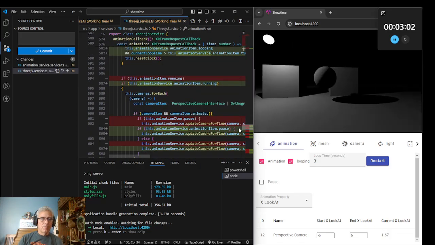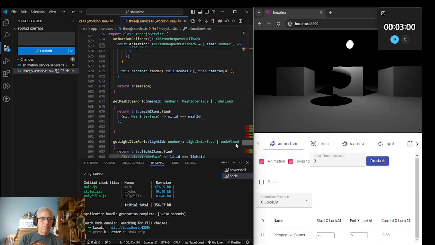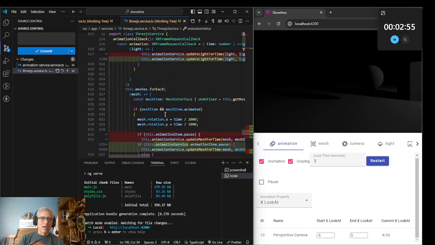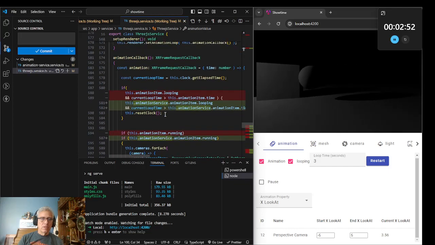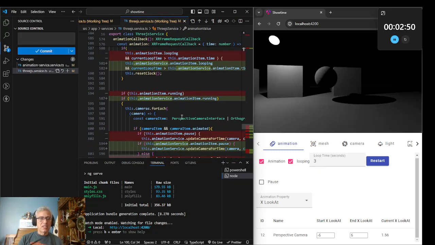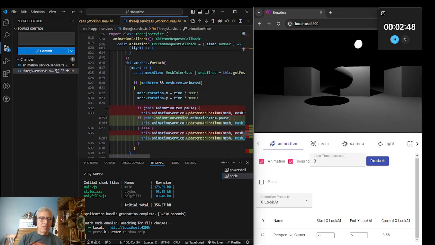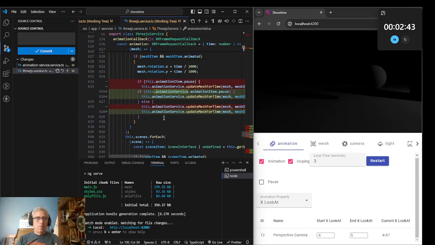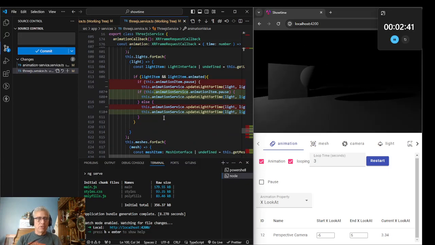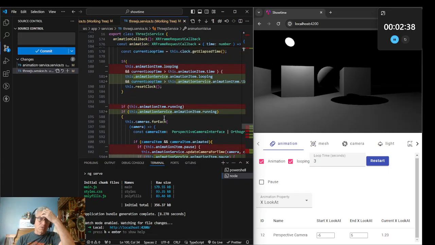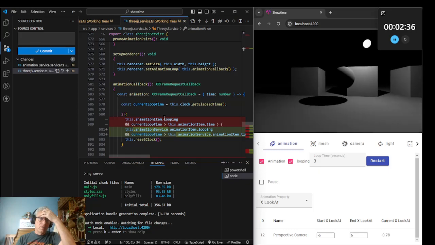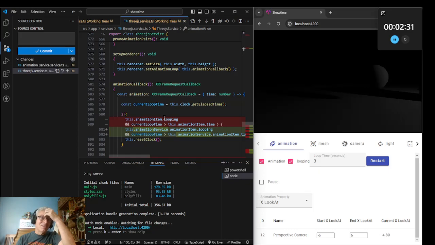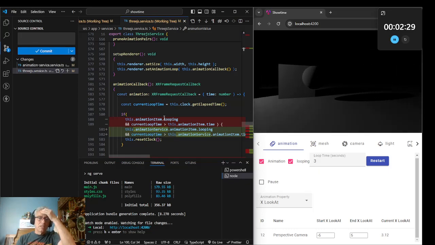Where are you? There's like an animation callback. So maybe some of the guts of this can get moved into the animation service, but I don't think I'll be able to move this actual call out of here. And the main reason I don't think I want to move this call out of here, I mean, I could move it, but I don't want to, is because